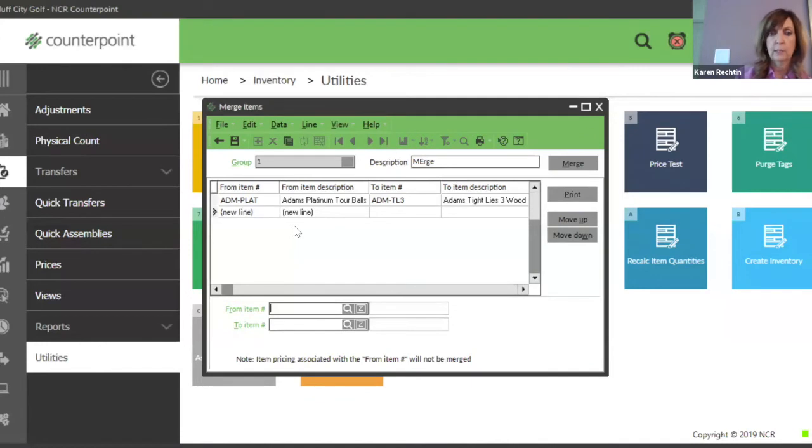So they both have to be inventory. One can't be inventory and one can't be non-inventory. They both have to be the same tracking method. So one can't be normal and one can't be gridded. So other than that, I think as long as they're both an inventory item and they're both the same tracking